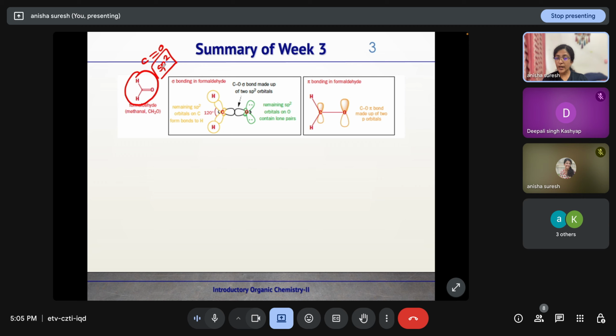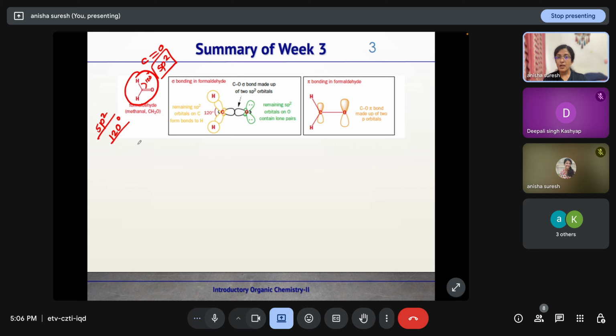And for an sp2 hybridized compound, what will be the angle formed in the molecule? It will have a 120-degree angle since the molecule will be planar in nature, right? So this angle will be